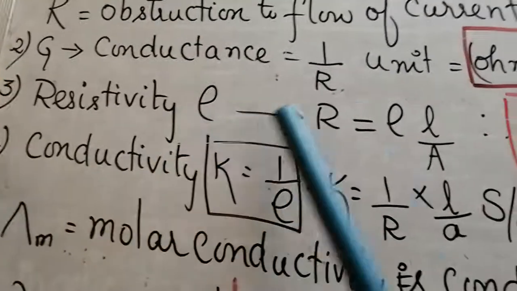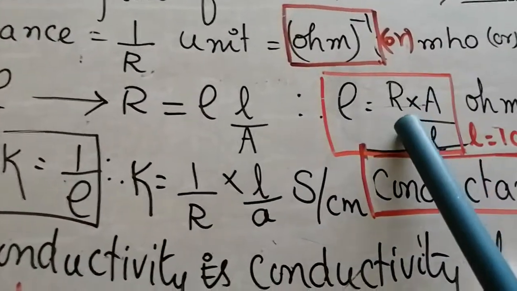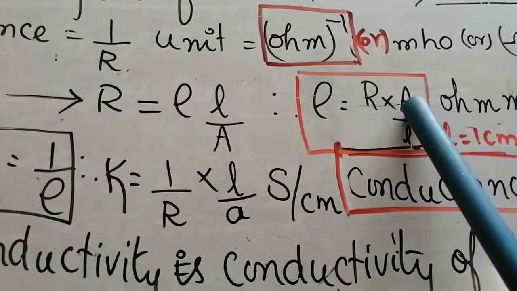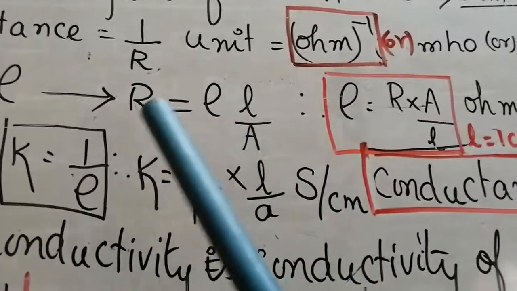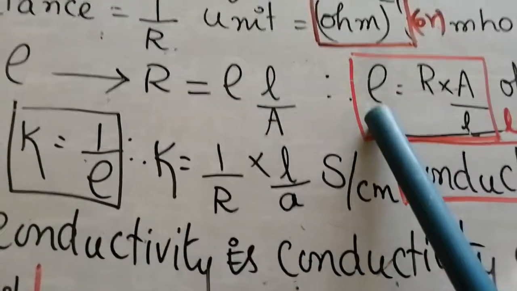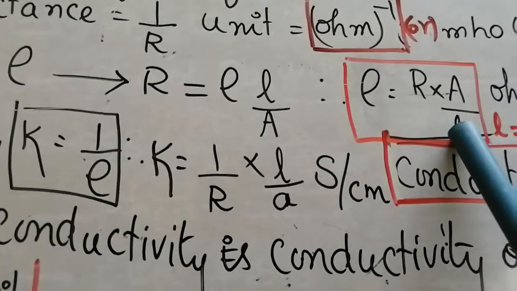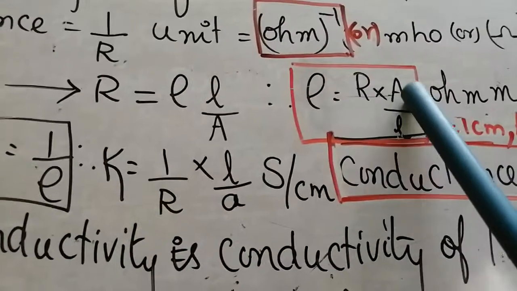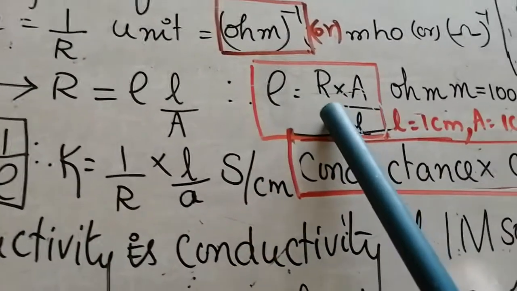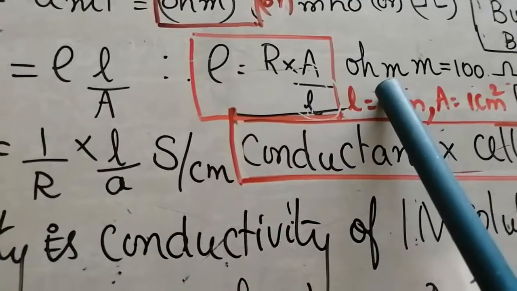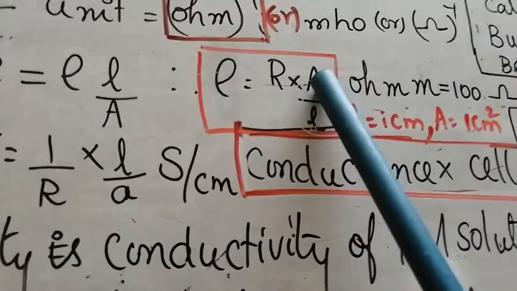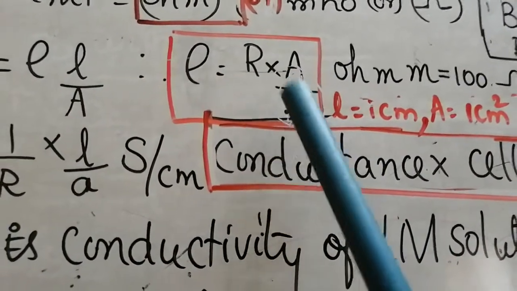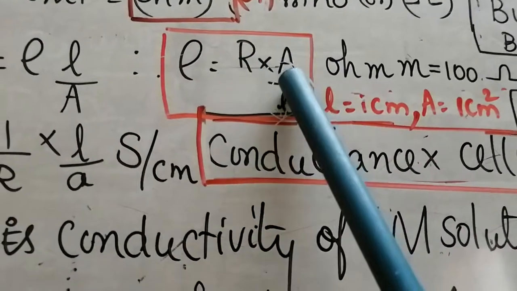What is resistivity? Resistivity is nothing but the resistance of a wire with unit length and unit area of cross section. That is, rho is directly proportional to R. So I can write rho is equal to R into A by L, or R is equal to rho into L by A. So it depends upon the A and the L. What is the unit of R? Already we have learnt ohm. Area of cross section is meter square, length is meter, or centimeter square and centimeter. Then centimeter square and centimeter cancel, leaving 1 centimeter.